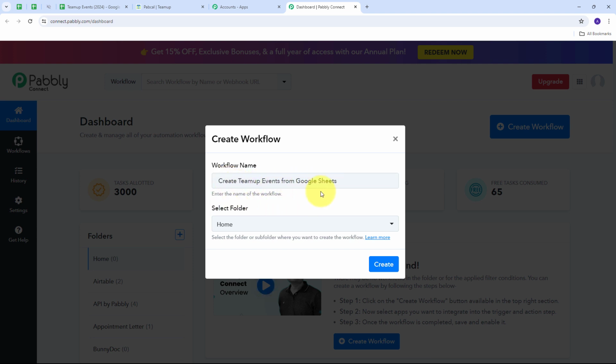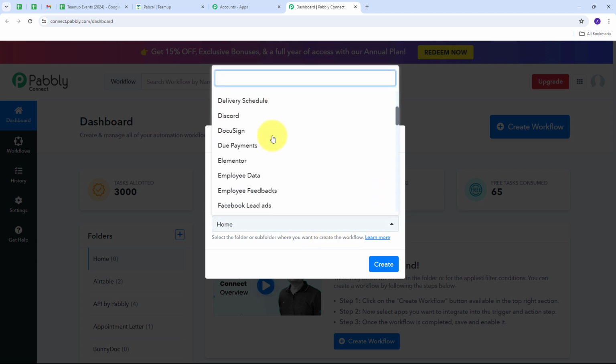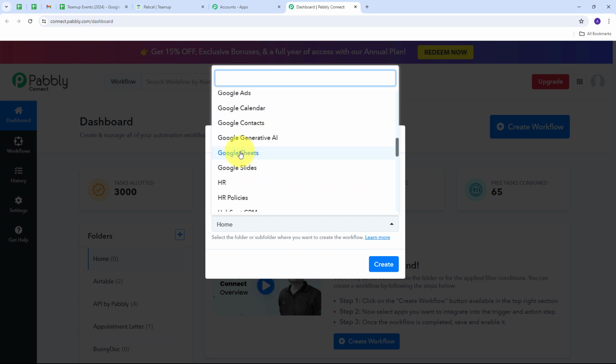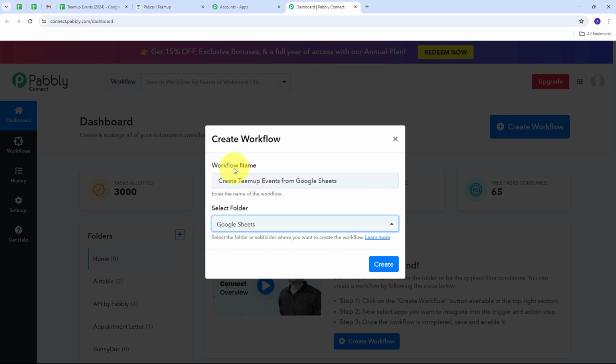And now I have to save my workflow in a folder, so I'm going to open this tab. In this tab, I will find all the folders that I have created in my Pabbly Connect account. And here I have this particular folder of Google Sheets. So I'm going to select this, and I'm going to save my workflow in this particular folder. So I'm going to click on create,